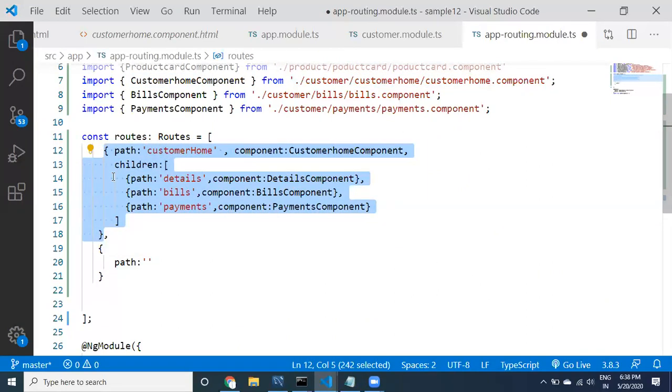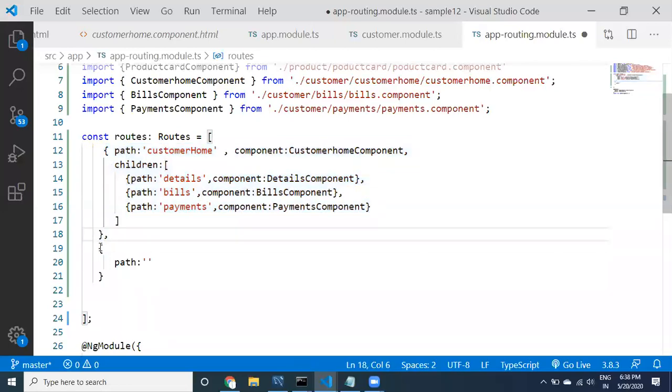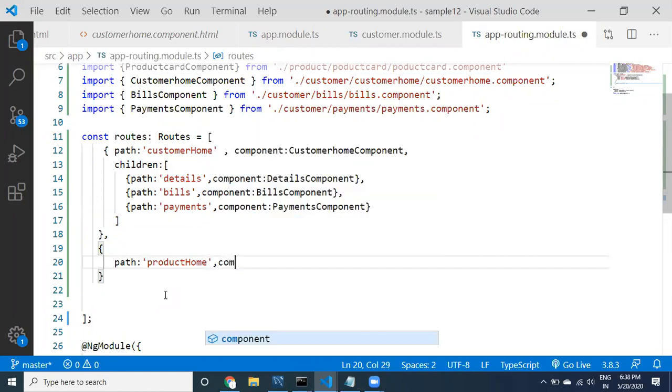That's why it has to be a route. Now, in the same level where we have created customer home, I want to create product home. You can take product home. This is going to be a component. See here, guys, which component name do I want to take?